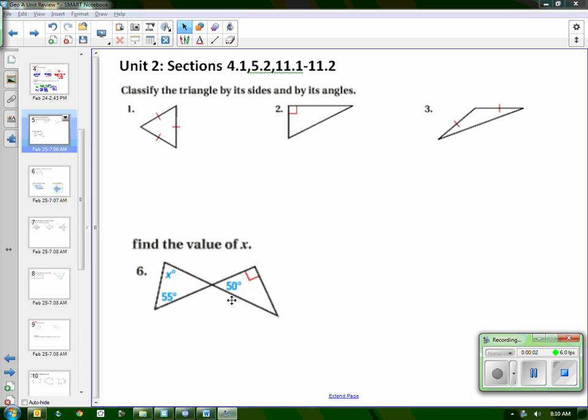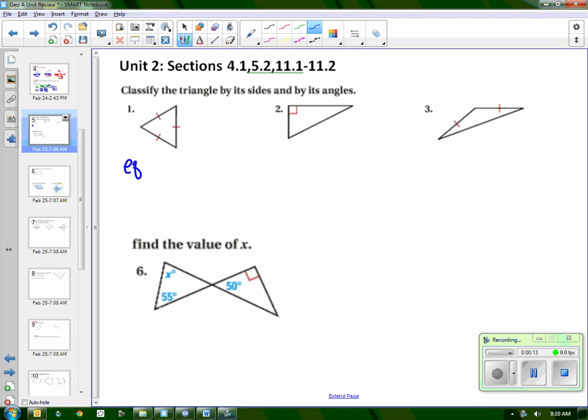So now we got one unit down, we got two to go, and unit two is kind of a monster. The first thing we're going to do is just practice classifying triangles by its sides and angles. So for sides, this thing has three congruent sides. We call that equilateral triangle. If it's got three congruent sides, it's also going to have three congruent angles, so we call that